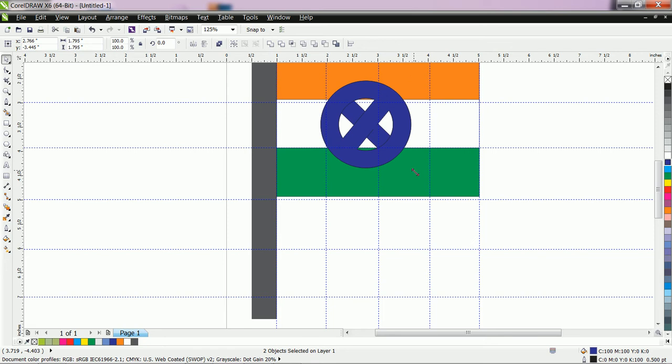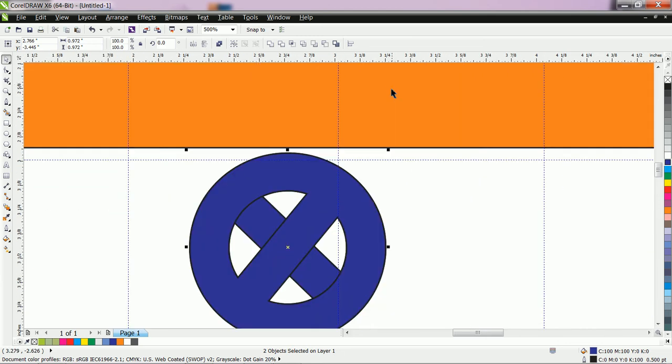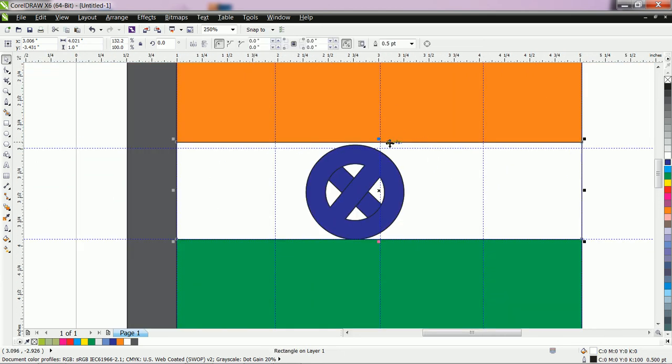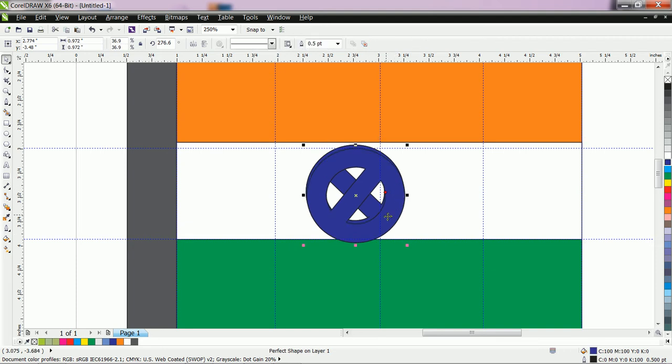With the help of shift key you can resize it properly. Now here the white shape is, I think, quite big.